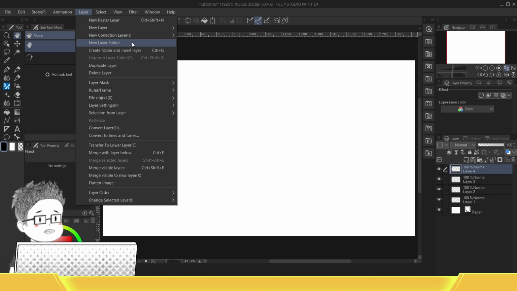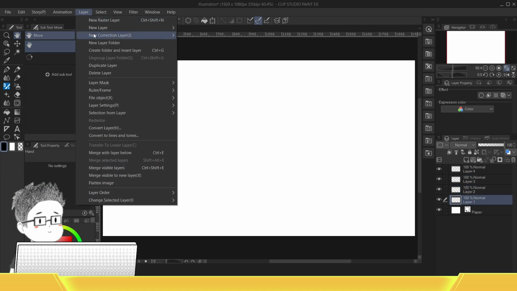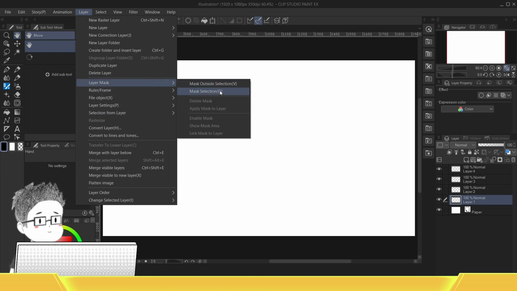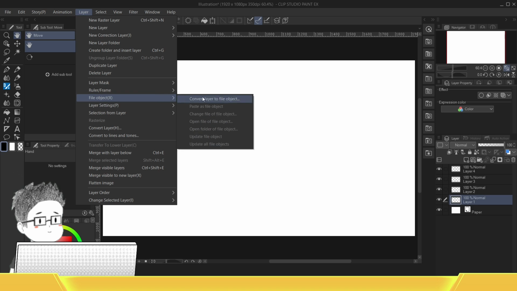You can add a folder to group all of these layers together under a folder. Create a folder and insert a layer, a raster layer inside. Duplicate this layer, any selected layer over here, or you can delete them. You can create a mask, create a perspective ruler, convert the objects into a file object,